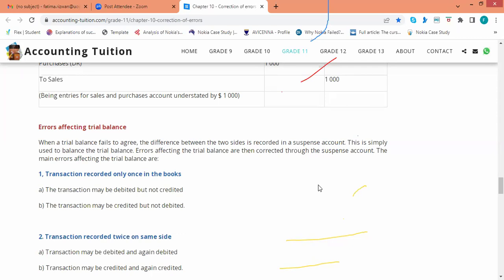You also do that when you make a trial balance and then you see that the debit side and credit side are not matching. Then you see what the difference is. For example, the debit side is 1500 and the credit side is 1000. So you know the debit side is